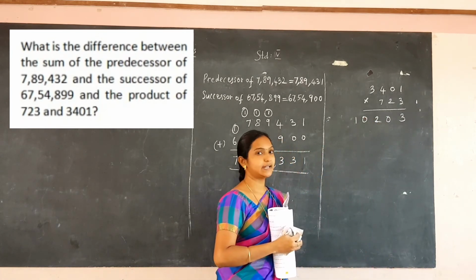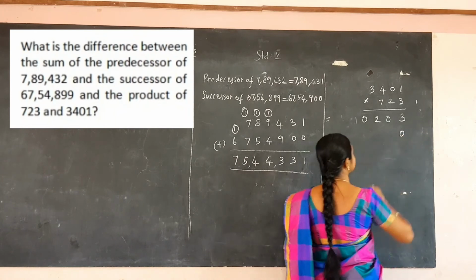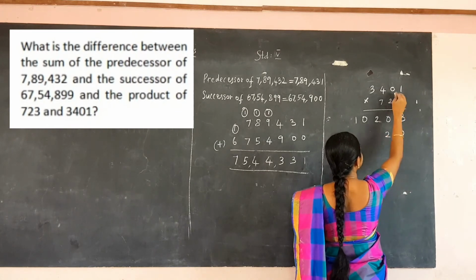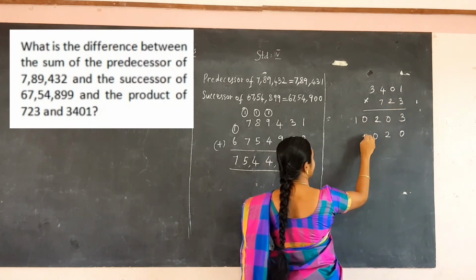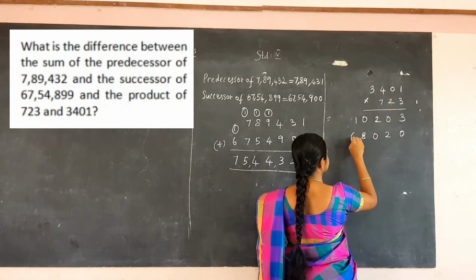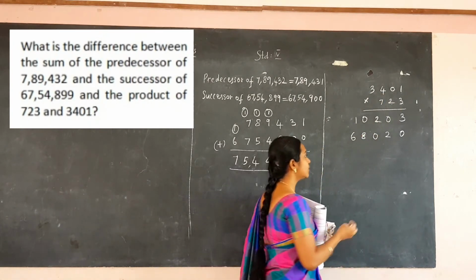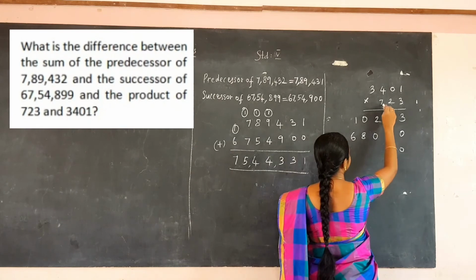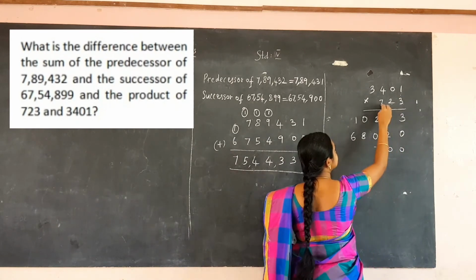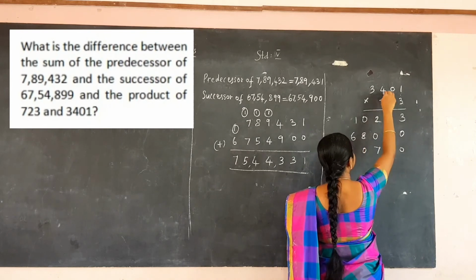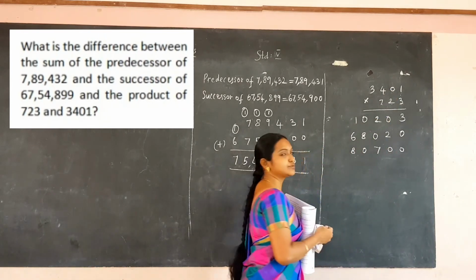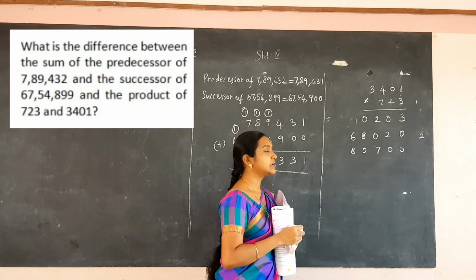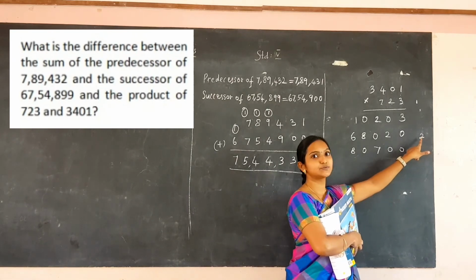Now we are going to write the second line. Before that you have to put 0 in the first place and start writing from the second place. 2 into 1 will be 2, 2 into 0 will be 0, 4 into 2 will be 8 and 3 into 2 will be 6. Now we are going to write the third line. So put 2 zeros in the third line and start multiplying. 7 into 1 will be 7, 7 into 0 will be 0, 7 into 4 will be 28. So write 2 here and 2 will be remaining. 7 into 3 will be 21. 21 you have to add 2 to 21, that is 22 and 23.